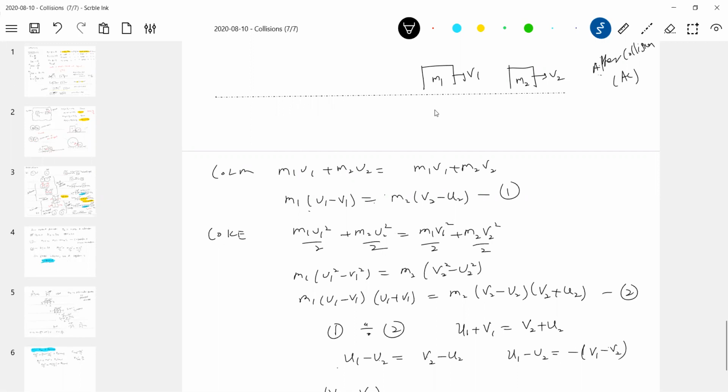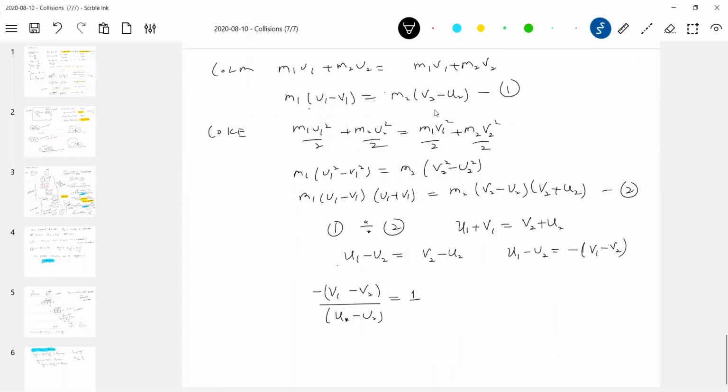Say V2 greater than V1, then only it gets separated. And U1 greater than U2, then only it makes them collide. So V2 minus V1 will make them separate, and U1 minus U2 will make them approach. And since it's a difference, so relative velocity of separation,